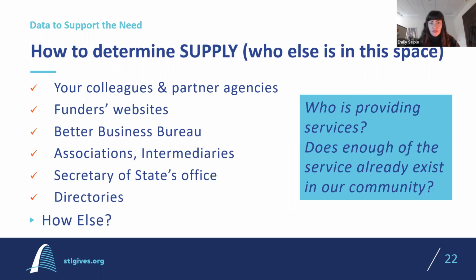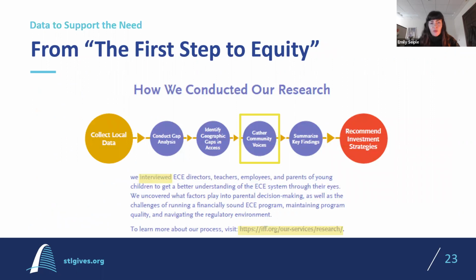So that was a deeper dive into that gap analysis piece from the roadmap of that particular report. And I just wanted to highlight one other piece on their process, which is that they did something called gathering community voices. The way they did that was interviewing the people who are key in their world. That included parents, that included teachers. For you, that could include just the people you're interacting with each day. That could include, again, back to those agency partners, experts in your field.